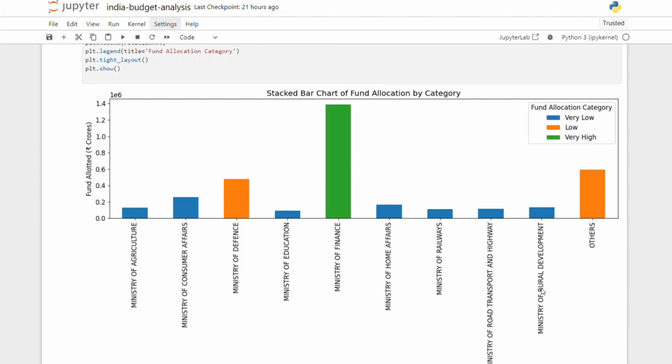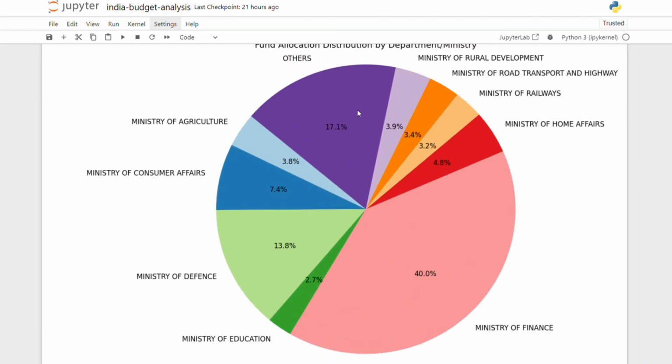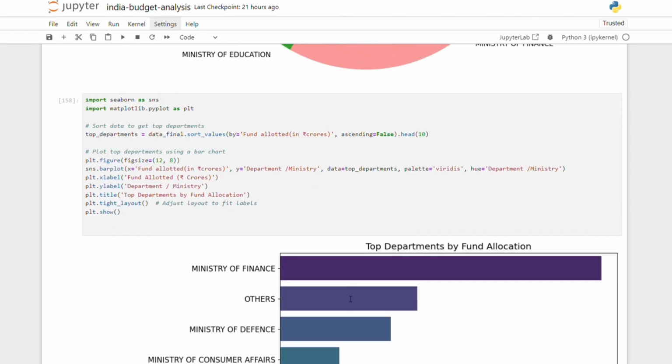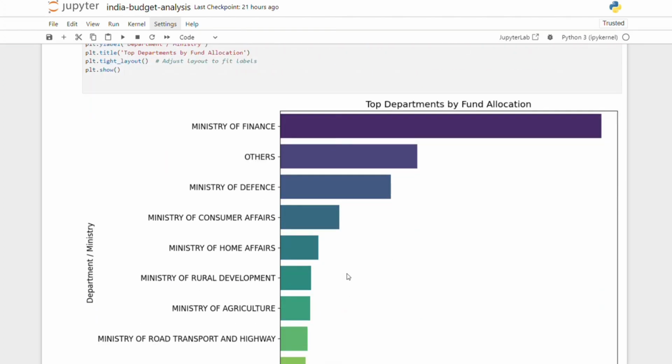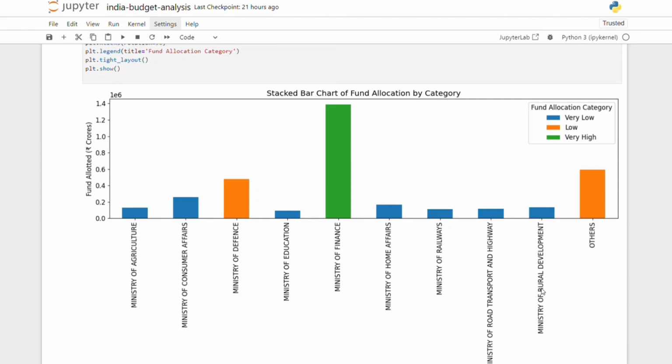Similarly, the Ministry of Women and Child Development received 24,434 crores, emphasizing the focus on programs for the welfare of women and children. These insights reflect the government's prioritized strategies and areas of focus in terms of fund allocation, addressing critical sectors such as finance, defense, consumer affairs, infrastructure, and social welfare.